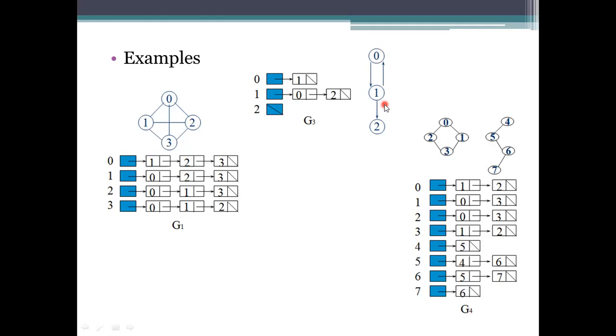But in these 2 representations, if there is an edge between any 2 nodes, we need to represent it twice. Remember this. We need to represent it twice here. So how many links will be there? As I said in the earlier session, if you have 4 edges or 4 links in our graph, then we need to specify the number of edges as double of that.